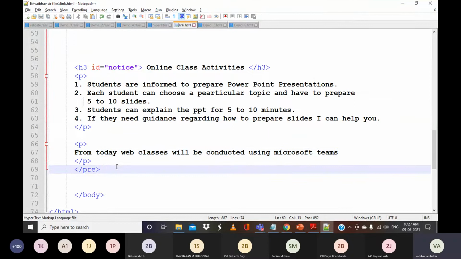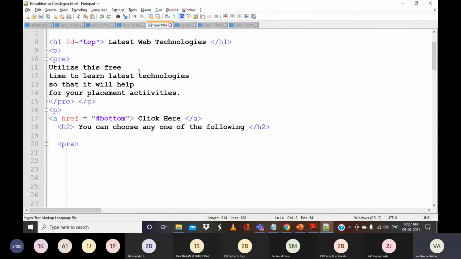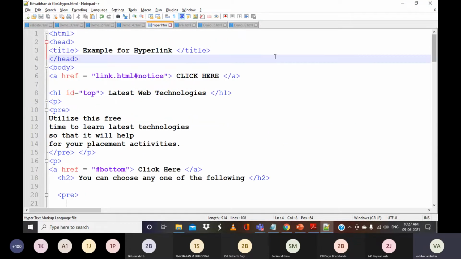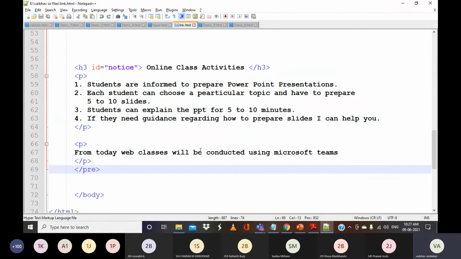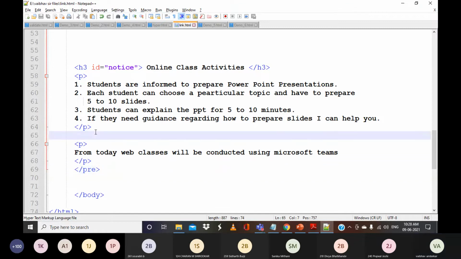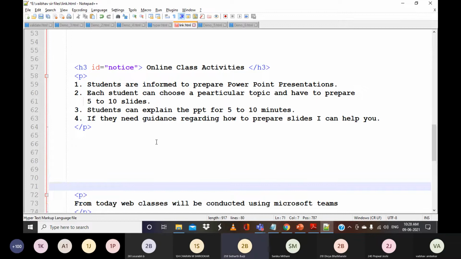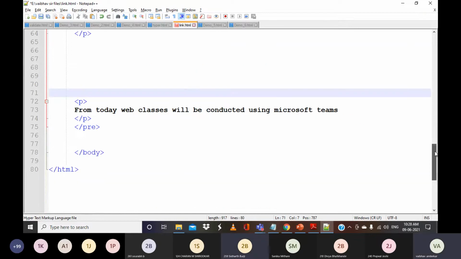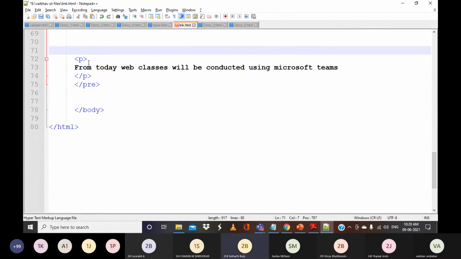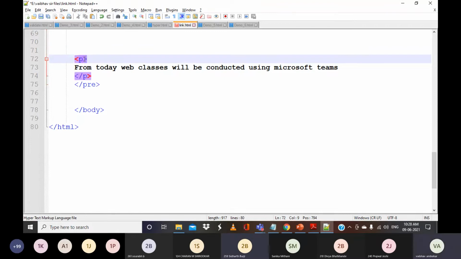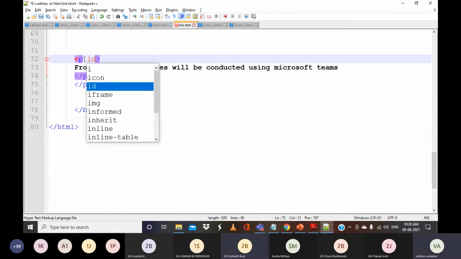Okay, so the moment I click on this particular link, that is click here, what do I have to do? The moment I click on this click here, I want my browser or my web page should come to this particular paragraph. What do I have to do? Sir, we will make an ID. Where do I have to give? Sir, in the paragraph tag. You are right. Okay. So we'll say ID equal to what?